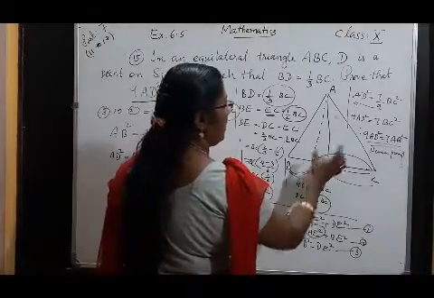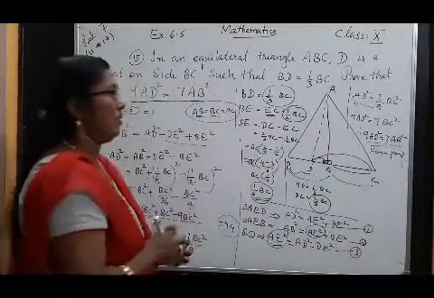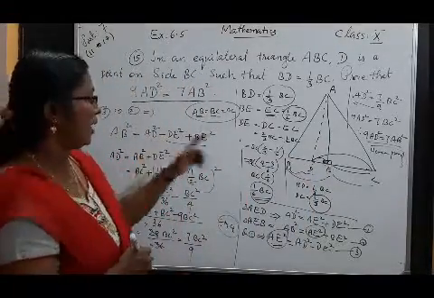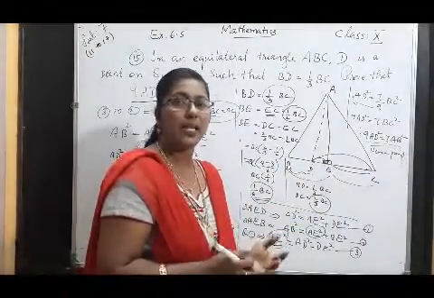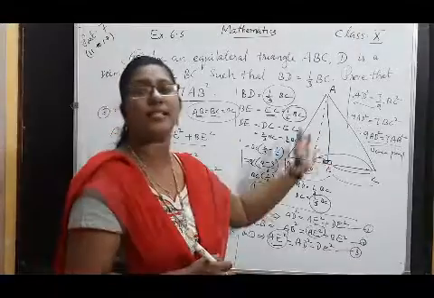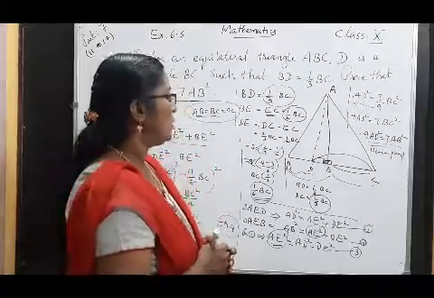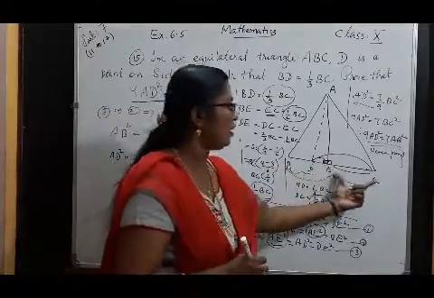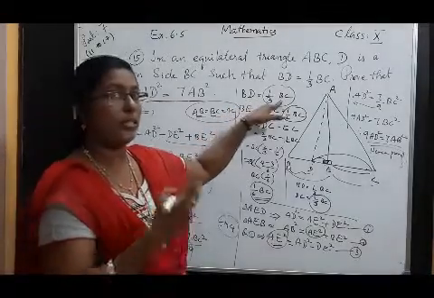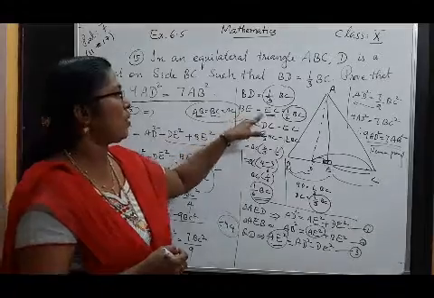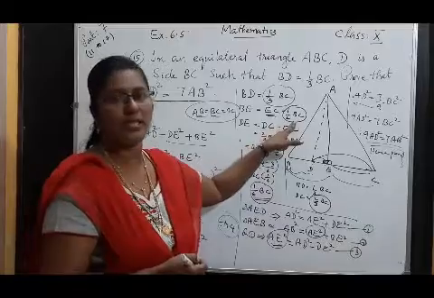This is 90 degree. Then the first step is these two triangles are congruent. By RHS congruency, one of the right angle and hypotenuse and one of the side is equal to another triangle. By RHS congruency, you can say that these two triangles are congruent. If it is congruent, the corresponding parts are equal. The same way, we can prove BE equal EC, and given BD equal 1 by 3 of BC, convert all in terms of BC. Then BE equal EC equal, E is the midpoint, so half of BC.